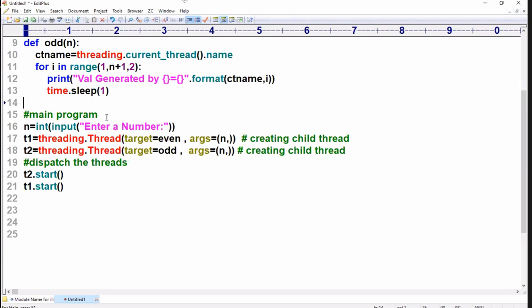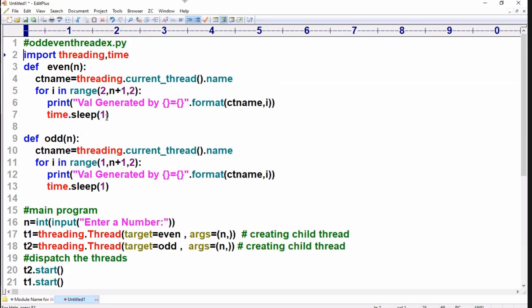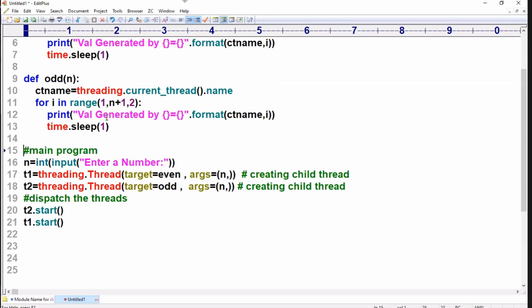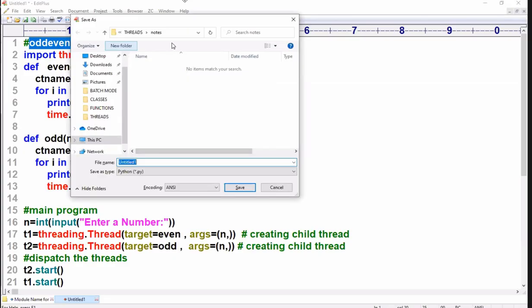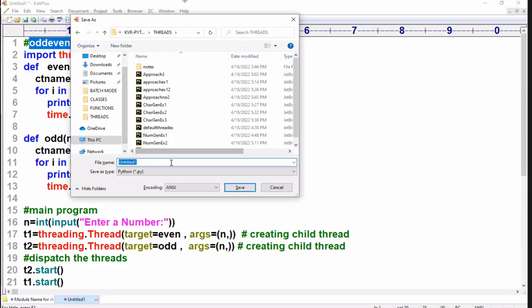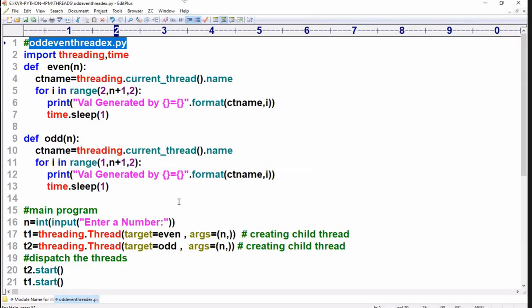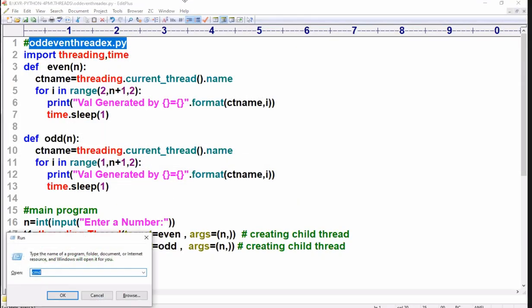So this join and all those things are not necessary. I want to see only the functionality. If at all you want, I can write those functionalities also. Let me execute this kind of execution here. So let us see this. I'll go to this place and I'll save my code. So here I'm saying that even our thread execution.py,